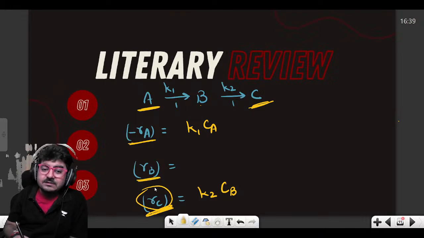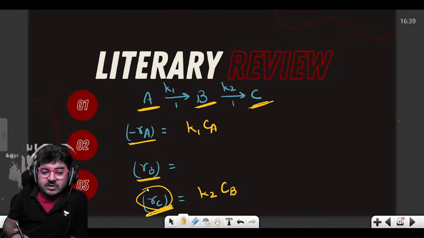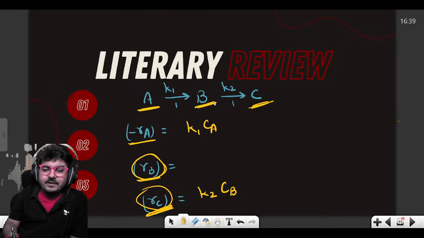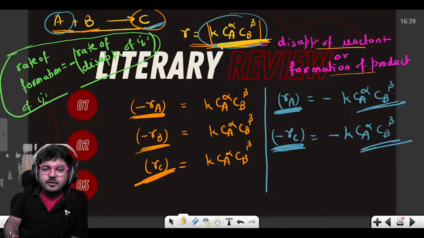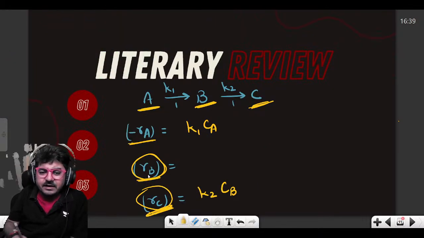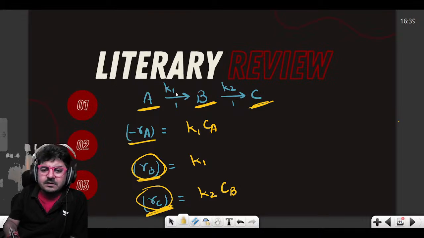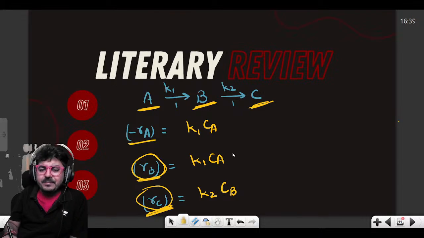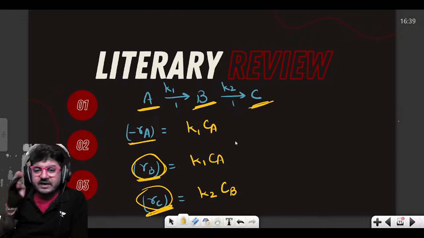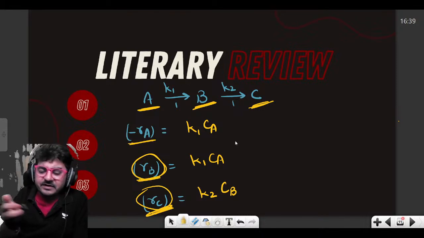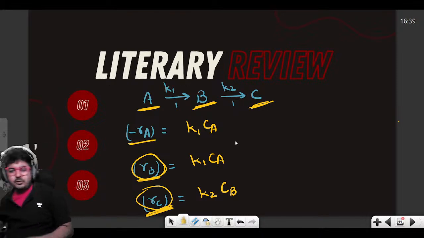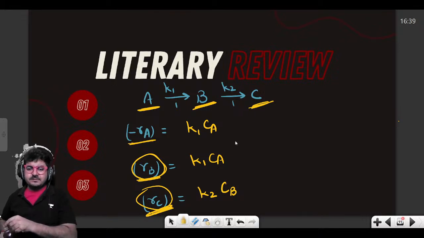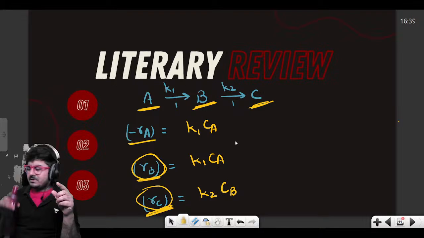But for B, now it is the point to see. You are interested to write rate in terms of formation of B. And B is the product in first step. So this represents formation of product. And we are also writing in terms of formation. So positive K1, rate constant, and concentration of reactant in first step A, CA. Now, whenever a component is participating in more than one reaction step in the same reaction mechanism,